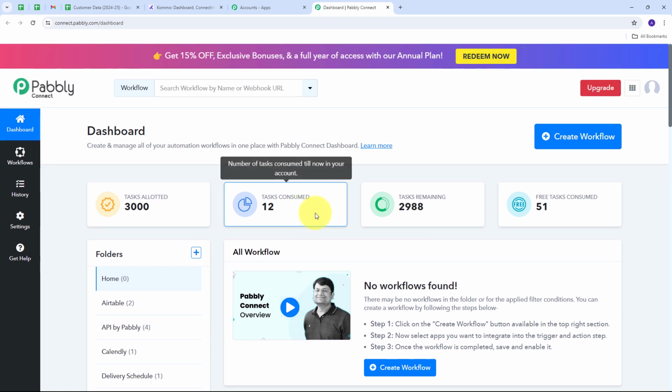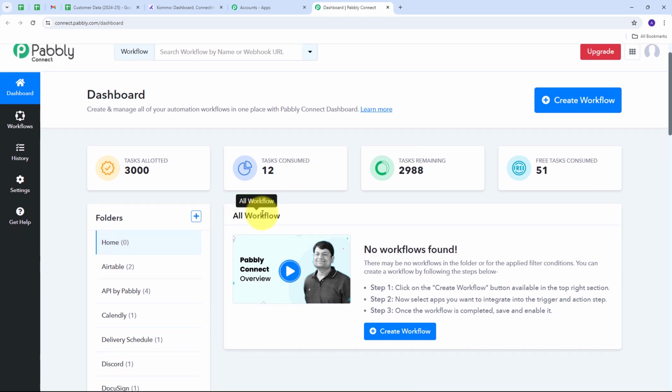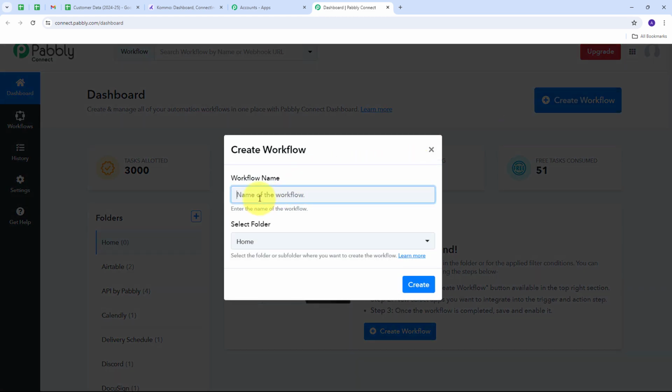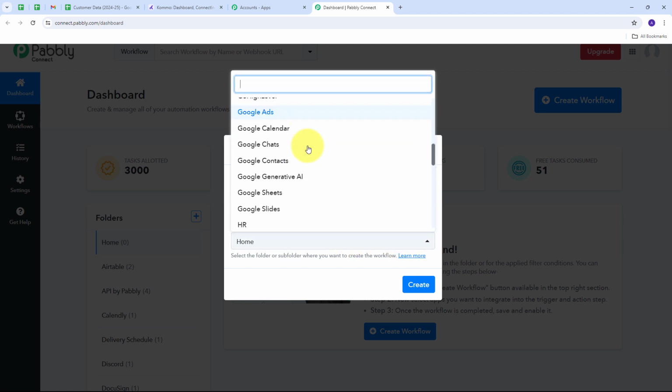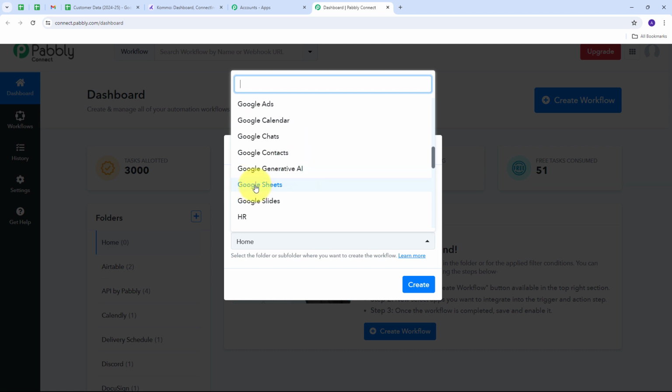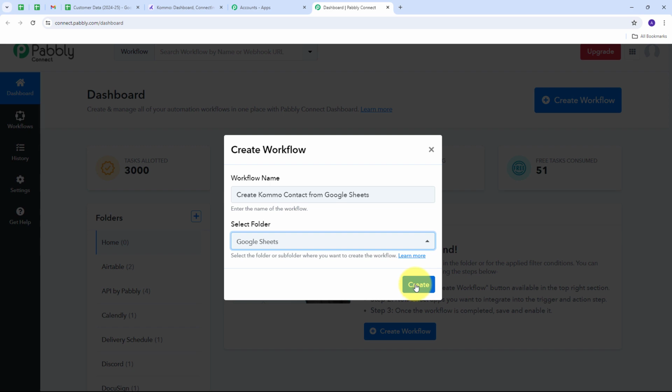Now here I want to create a new workflow. For that I need to click on this create workflow button and this window will pop up. Now I need to name my workflow, so I'm going to name it as my objective, which is to create Kommo contact from Google Sheets. And now I need to select the folder where I want to save my workflow, so I'm going to open this tab and here I will find all the folders that I have created in my Pabbly Connect account, and here I have this particular folder of Google Sheets, so I'm going to select that. And I'm going to click on create,